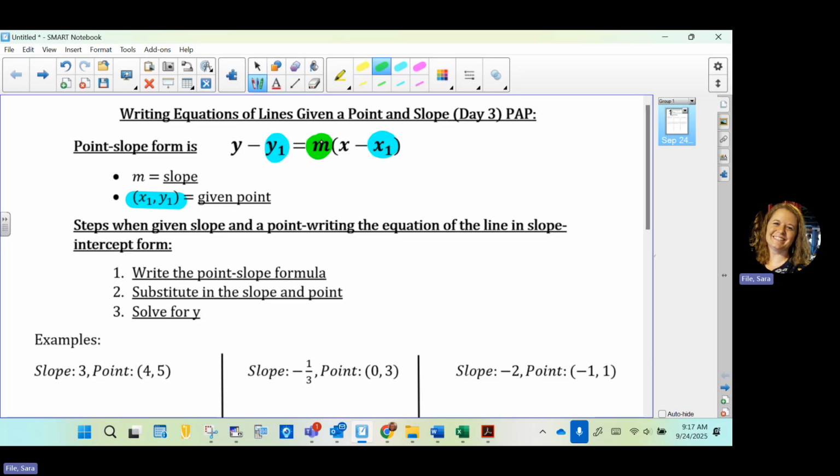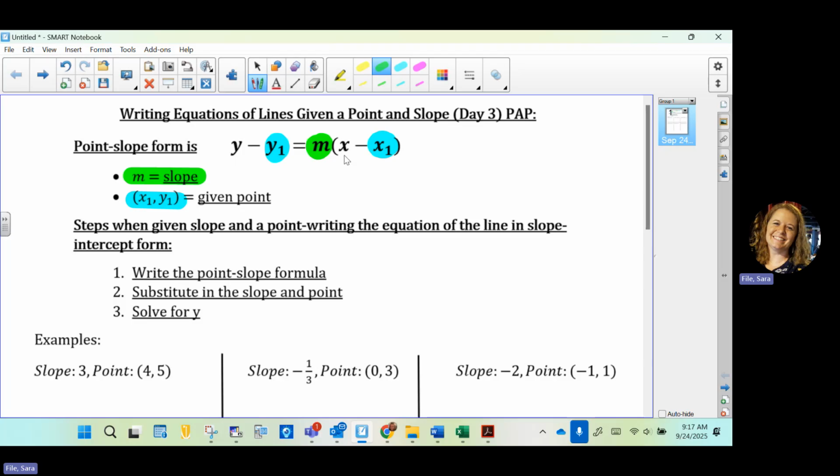form. Okay, m is always our slope. Your x1 and your y1 get plugged in. Remember, the minus is in the equation. So if you have a negative for your x1 or y1, you still have to input that negative after the minus sign. When you are given a point and a slope, you're going to write it out in this format. You'll make the substitutions of those three values. You're plugging in three numbers here. And then typically we want to solve for y and put it into slope intercept form, y equals mx plus